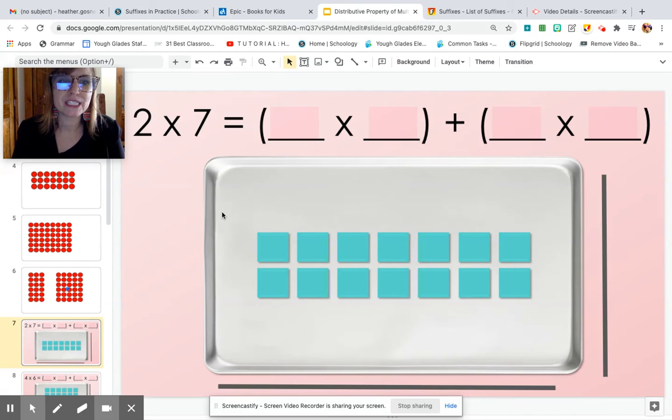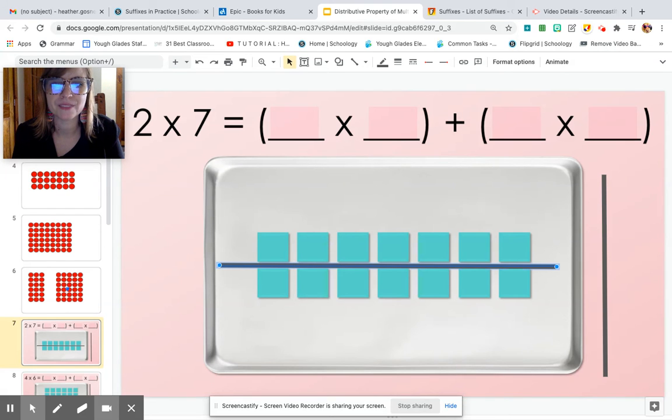So looking at this, you could split up 2 times 7 right here in the middle. Boom. When I do that, I made 2. I took 1 array and made 2. It's like having an apple and cutting it in half. Instead of 1 whole apple, now I have 2 pieces, 2 slices of the whole apple. Now I'm splitting the whole up and then putting it back together. So I just split up 2 times 7, and I made my array at the top here. My array above my line is one group, one row